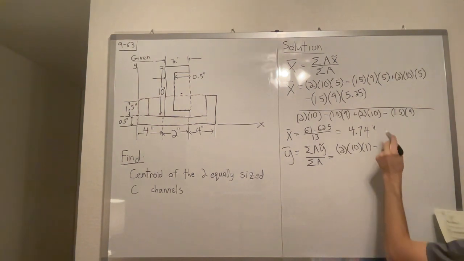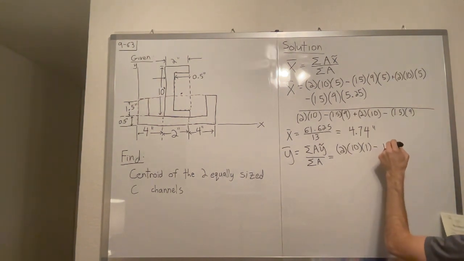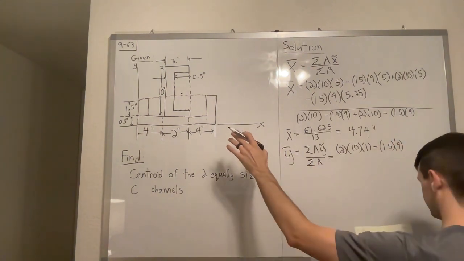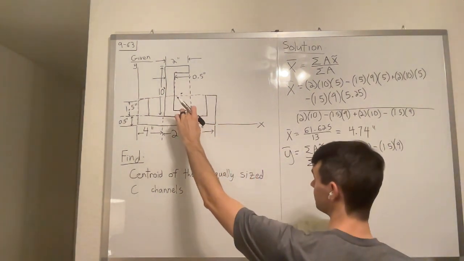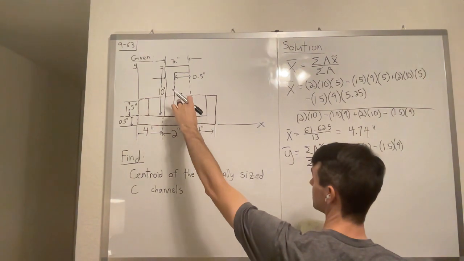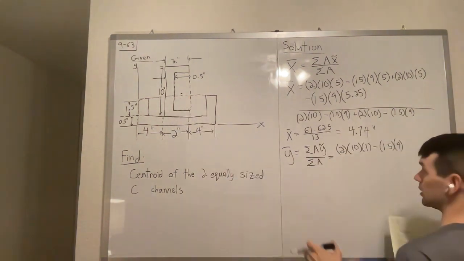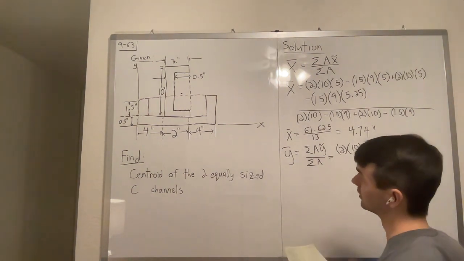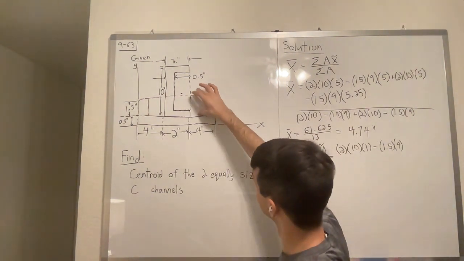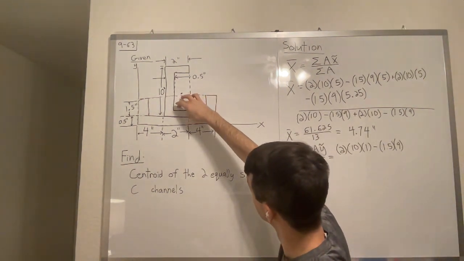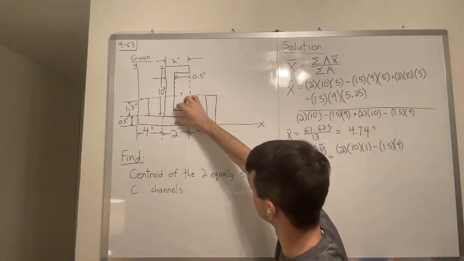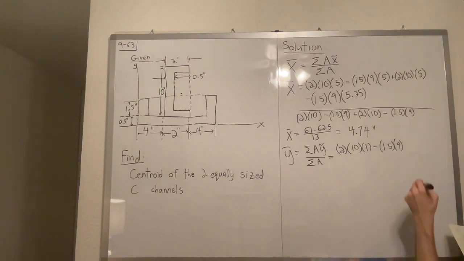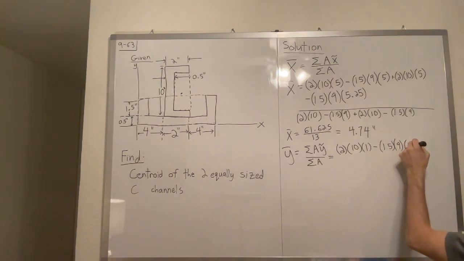So it is just like before, the area is the same, 1.5 times 9, and its y bar is not at 1, it's shifted up by a quarter inch, right? Because it'll be the center of this guy, which is 0.75 plus the 0.5 offset here. So that gives us 1.25,